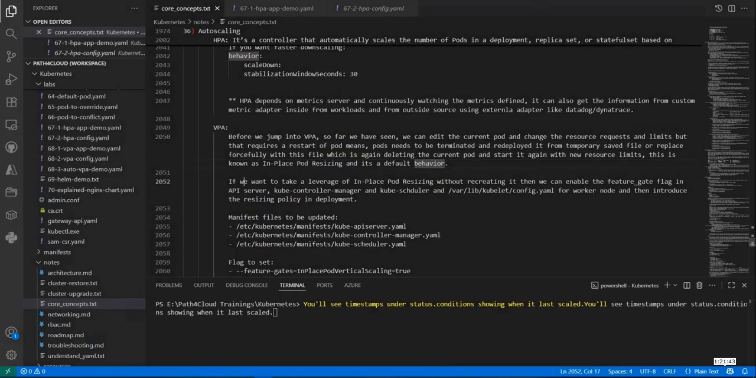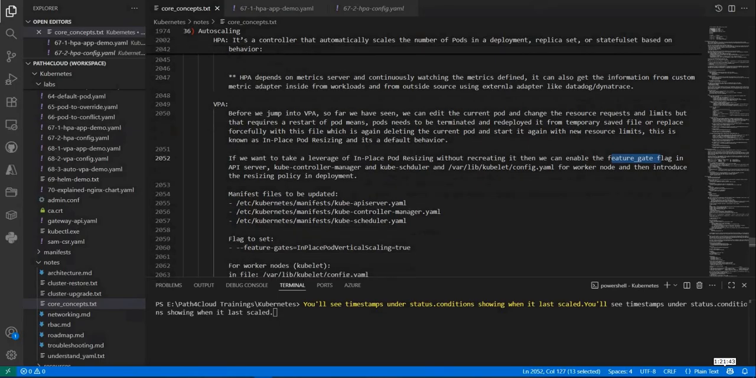If we want to take leverage of in-place pod resizing without recreating it, then we can enable a feature gate called what? We can enable this in-place vertical scaling equal to true, because by default it is not there. We have two demos for the VPA. One is without this. We will see the behavior of the VPA, because with VPA we have discussed that we need to add more resources inside a cluster pod, right? And that requires a reboot. Reboot means